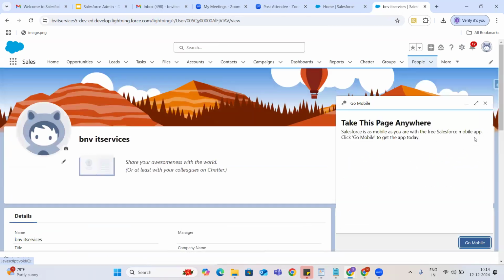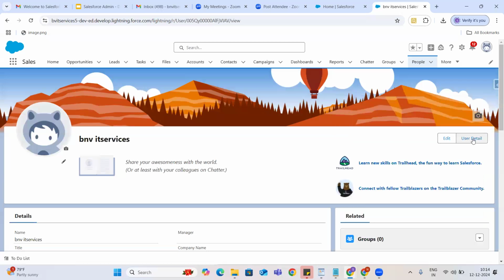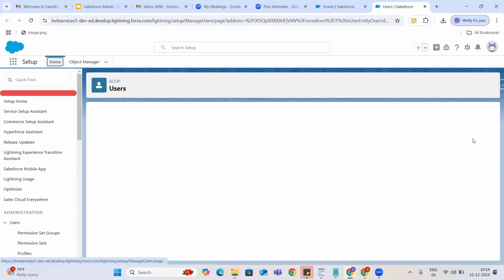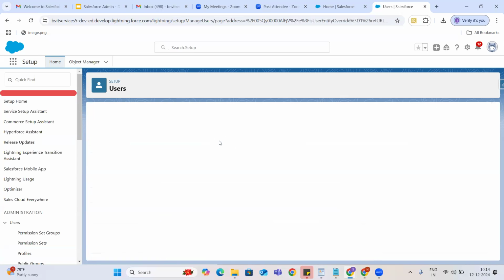So I can go to my user record and check the time zone on my user record. What is the time zone I have given? I have given Arabic. Oh, this is Arabic language. Okay, so let me change this to IST.